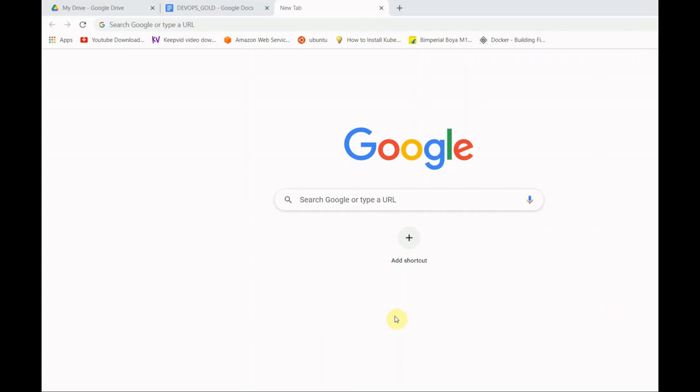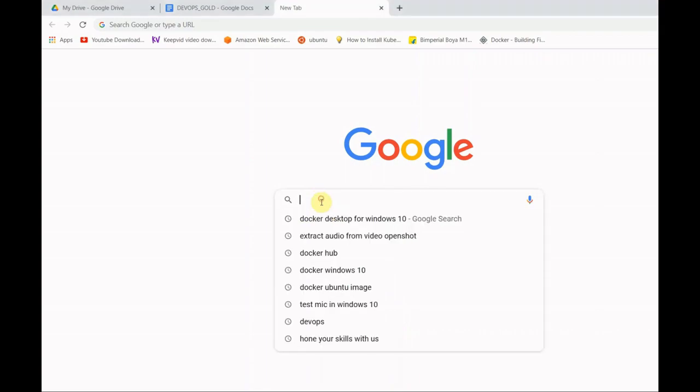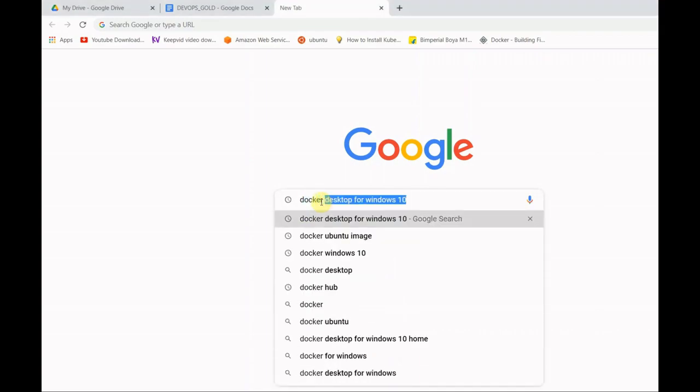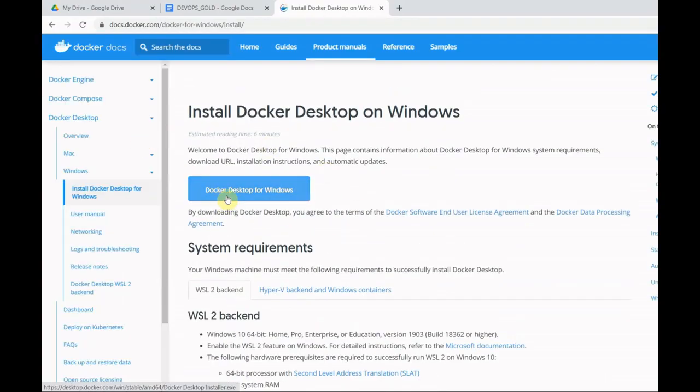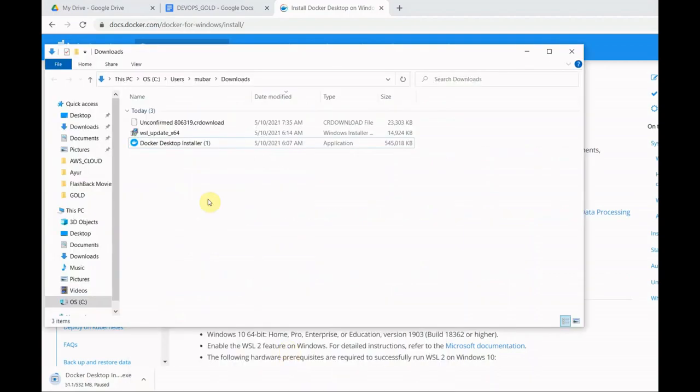So today we'll be installing the Docker desktop on Windows 10. So let's download the Docker installer file. From this URL we can download the Docker file. So here, Docker desktop for Windows. Simply download. For installation purposes, I have already downloaded this file. The file size will be approximately 532 MB and it will take some time depending upon your internet speed. So simply go to our downloads and double click on this installer file.